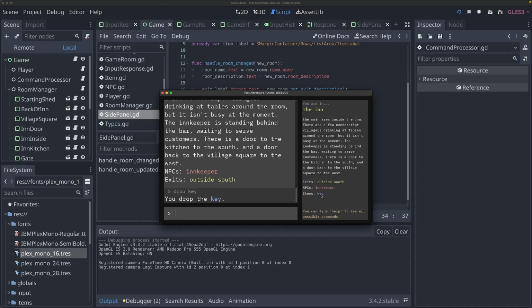Everyone, this has been such a cool series, and I feel like we've accomplished so much, and we've made a text adventure game here that's easy to extend. It's got a lot of cool features, cool styling, cool things going on. I hope that you have enjoyed this journey, that this has been a helpful tutorial series for you, and that you feel like you've learned a lot along the way. I've definitely enjoyed getting to make it and hope you'll stick around for future videos that I'll be putting out. I'm sad to see it go, but unfortunately this is the last video that I've got planned for this series,